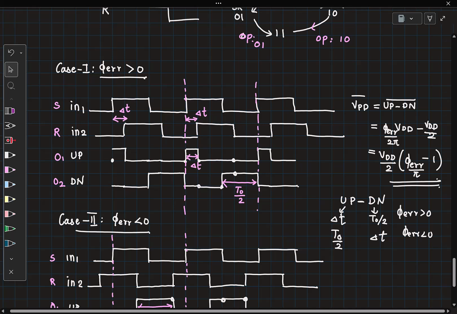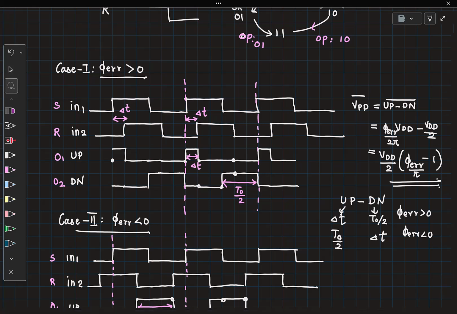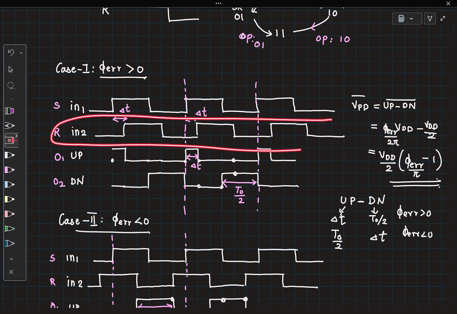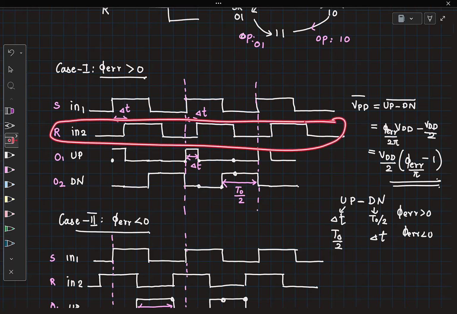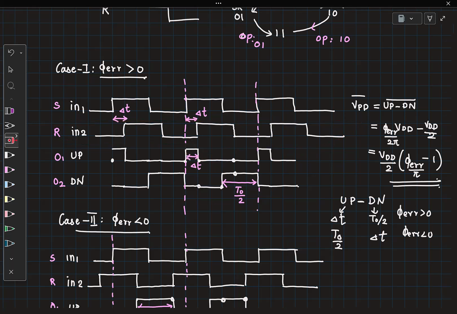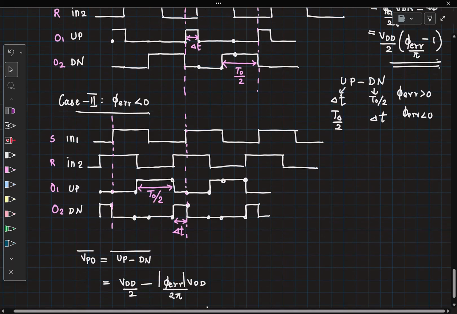Delta t lesser than t naught by 2. The guess is coming from the fact that as you keep moving this to this side, based on the equation, you expect that the VPD average is going to increase linearly, which means you are expecting this delta t to increase linearly. And right now you are suspecting that is true till the rising edge of this crosses the t naught by 2 case. A very good first estimate. Now you make an assumption or an estimate like this, it's very easy to verify. We simply have to draw the diagrams again and check for the expression. So why don't we do that?